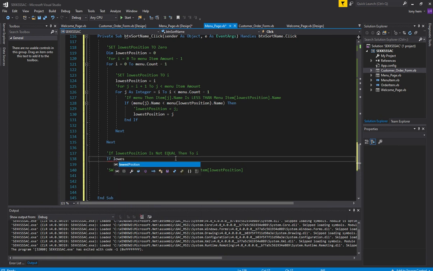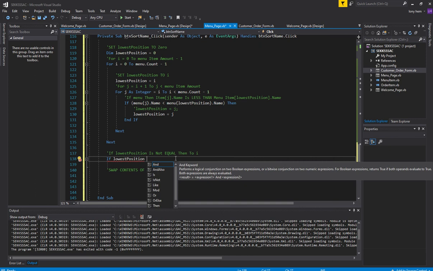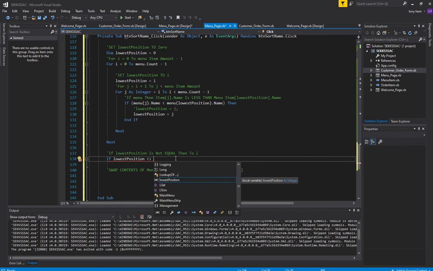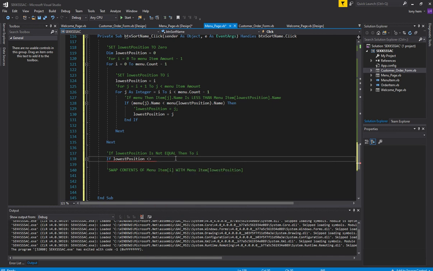If lowest position is not equal to... that doesn't make sense. If the lowest position is not equal to